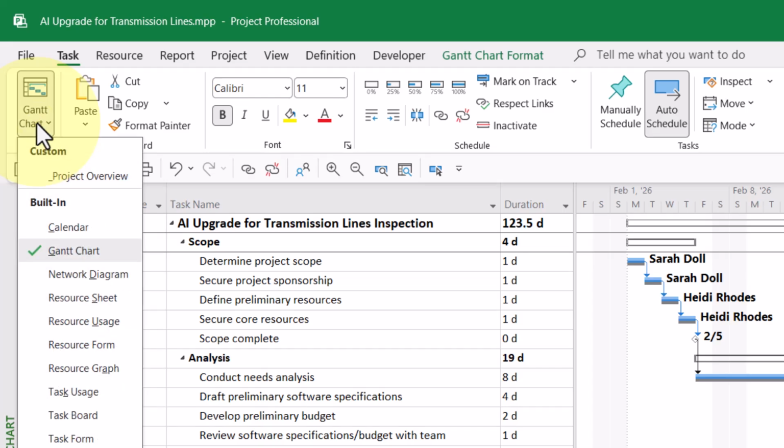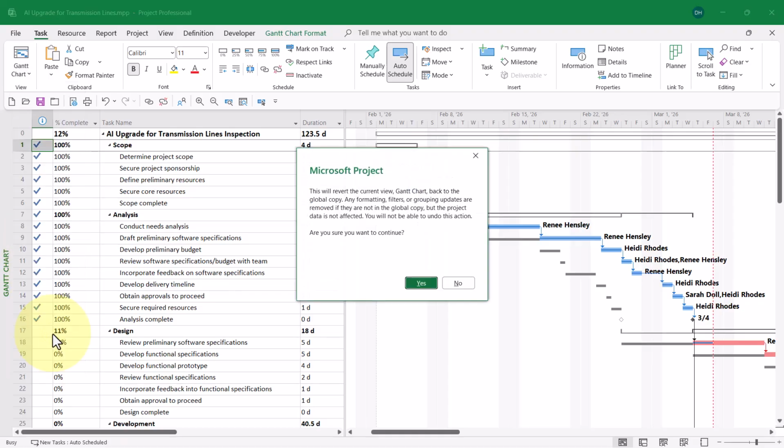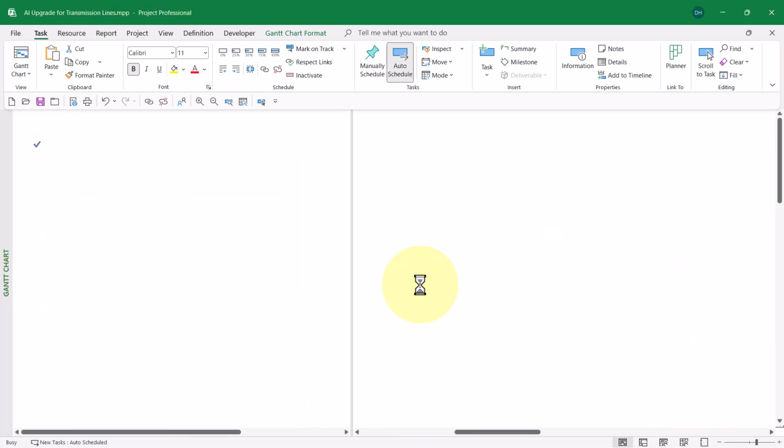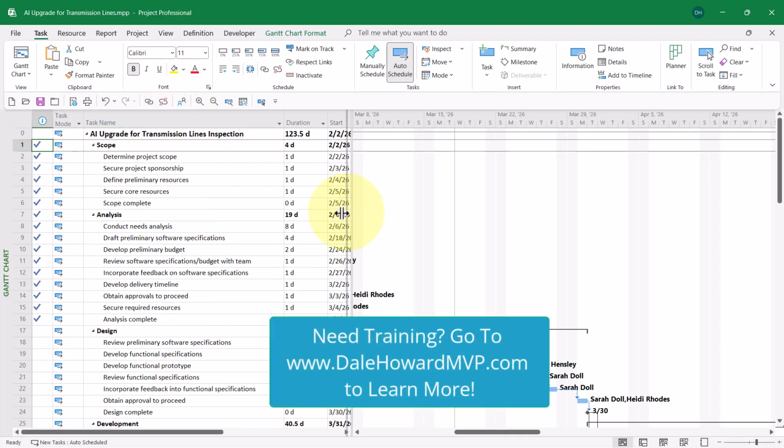If I click the Gantt chart Pick List button, down at the bottom of the menu is another option called Reset to Default. If I select that option, Microsoft Project will warn me that it's going to reset the customized Gantt chart view back to its original default configuration. It makes sure that's what I want to do. So when I click the Yes button, Microsoft Project will reset the Gantt chart view back to its original default